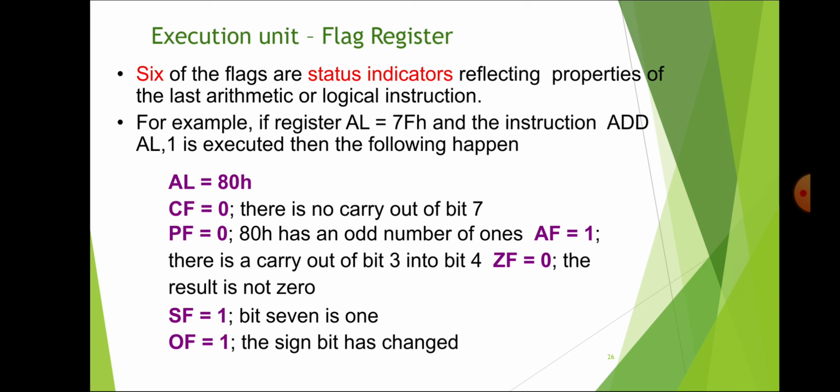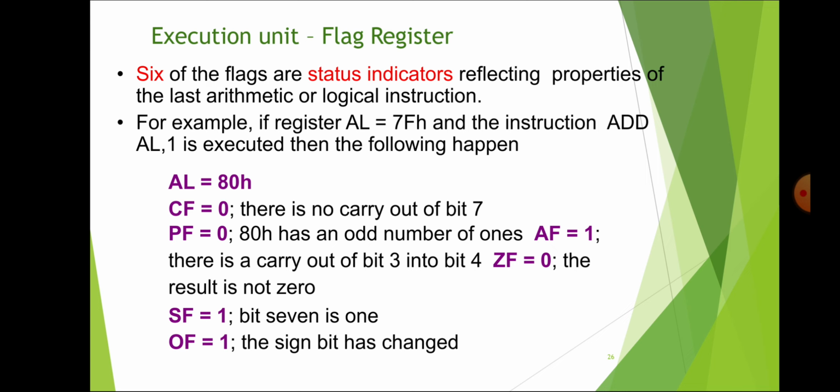Suppose there is an exchange instruction. Exchange BX CX. What happens when you store CX into BX? Where will the BX go? BX will be stored in that temporary register, and that BX will be given to CX. So we can exchange the values. That register can be used for temporary storage. Okay, now the flag register.